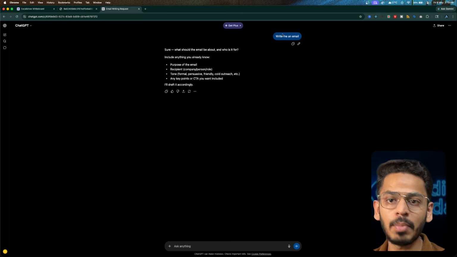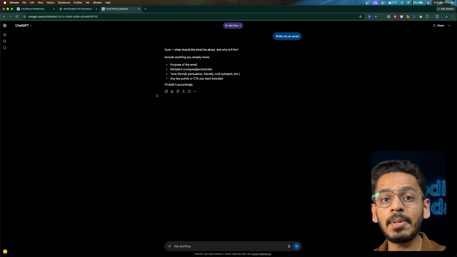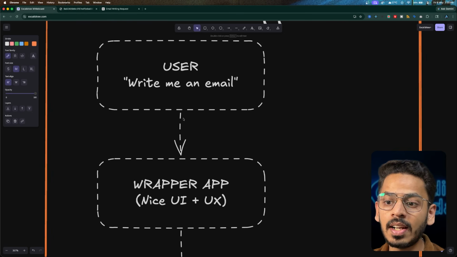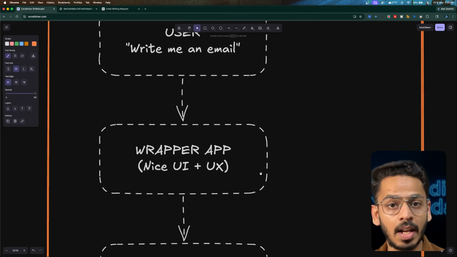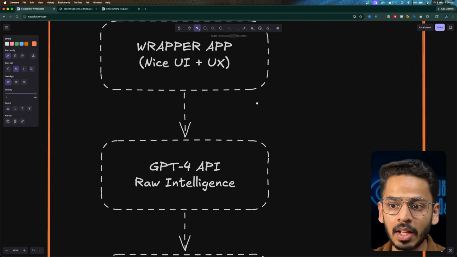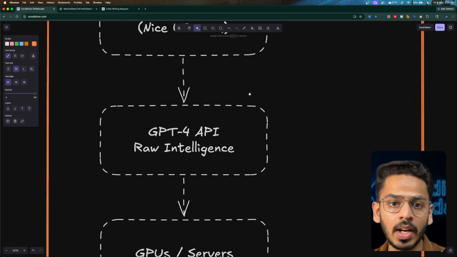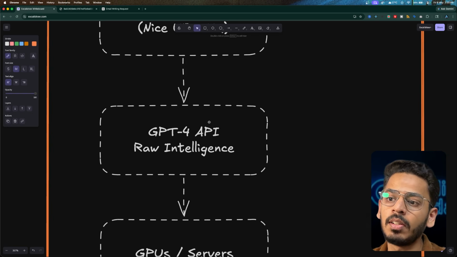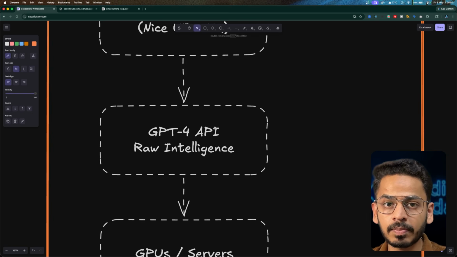Now, when I said, write me a mail, what happened is there was an API call made to the servers, and then I got the response. So that is what happens. You have the wrapper app. Inside that, you make an API call, which goes into the raw intelligence, the ML model or the LLM on which ChatGPT is trained. Here, for example, it uses the GPT-4 API.